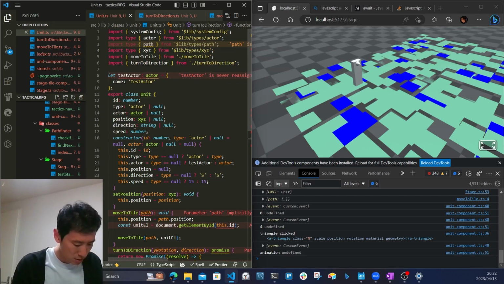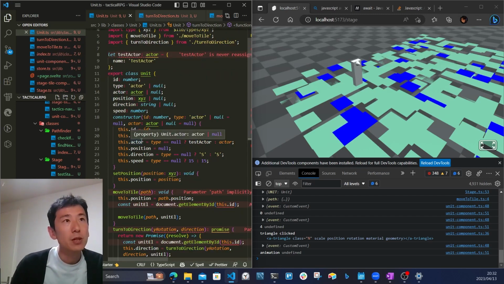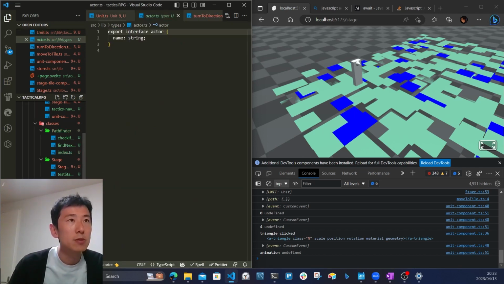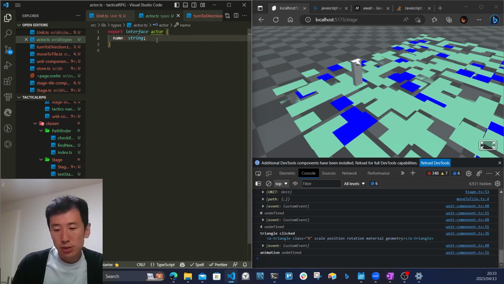So the speed varies time after time, so it shouldn't really return a fixed value all the time. It should always calculate the value based on the parameters of the character. So I should actually start creating that. So actor shouldn't just have the property name, it should also have